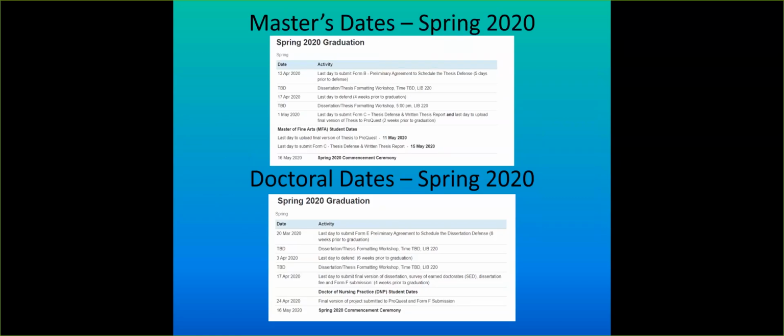So our dates for the spring 2020 semester, although commencement might be delayed, and we don't have information on that yet, the deadlines for graduation and our processes on our end are not changing. So we will be following at this time the same deadlines that are posted on our website. So please be sure to adhere to these deadlines. If you have questions, feel free to reach out to our office at our email, gradcollege@tamucc.edu. If there are any changes to these deadlines, we would announce that on the website. But as of right now, these are the same.